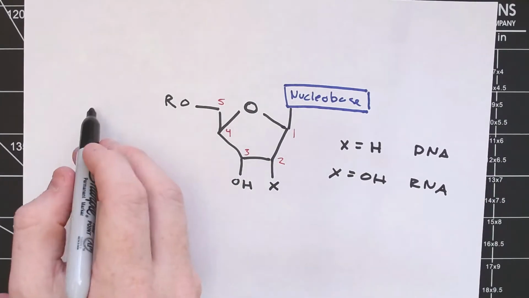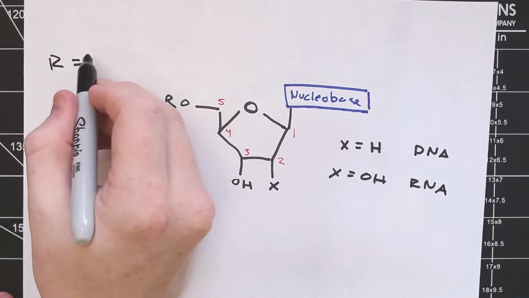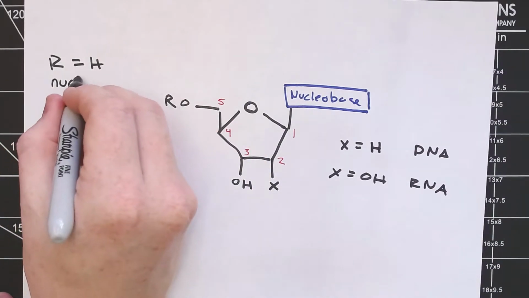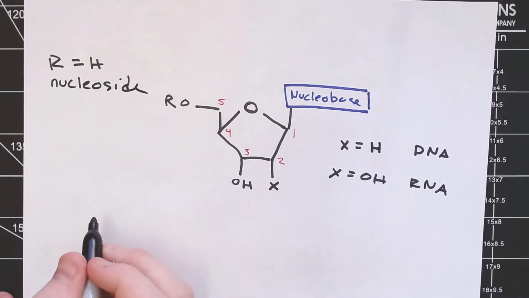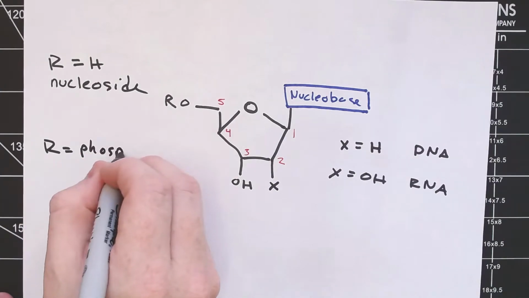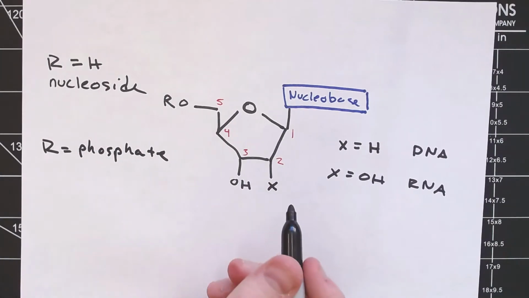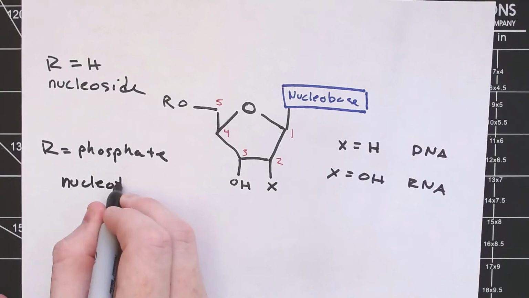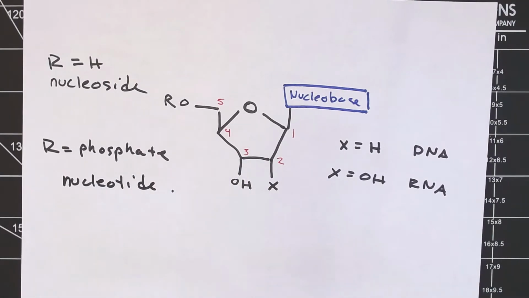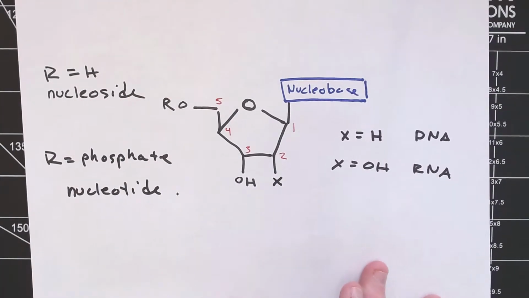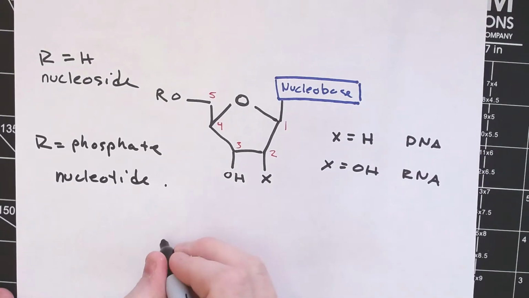Similarly, over here, if R equals H, that is, this is just a hydroxyl, then we have a nucleoside. And if instead our R is a phosphate, or some sort of phosphate group, then we have ourselves a nucleotide. And so as long as we can just quickly whip out this core for the nucleotides out there, we're in pretty good shape. So you should be able to sit down and right away, if I said, let's draw an